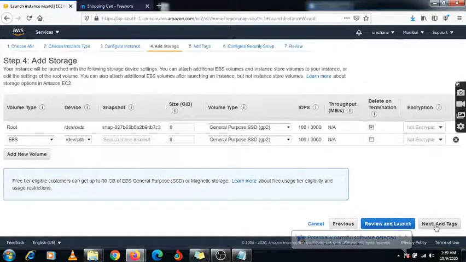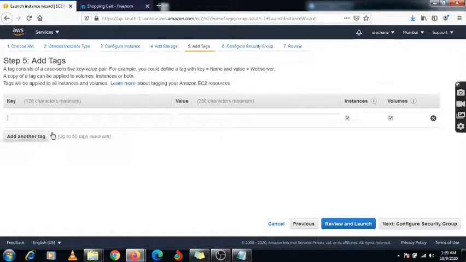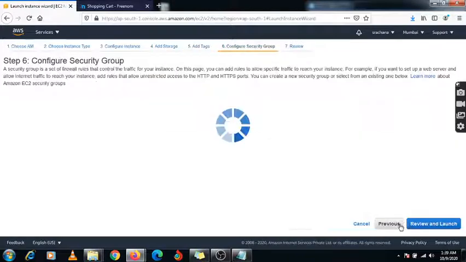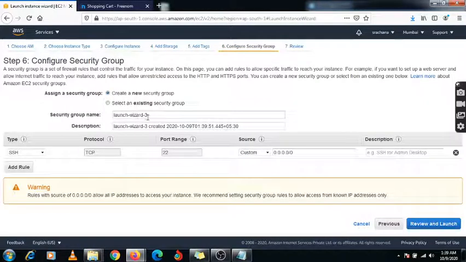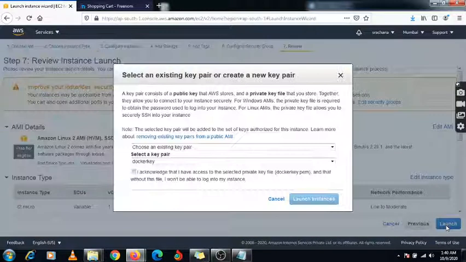Just first I am going to add some tag. Here I am going to specify some name, Mumbai server. Security group, I am not assigning any specific security group, just anywhere, and then review and launch.